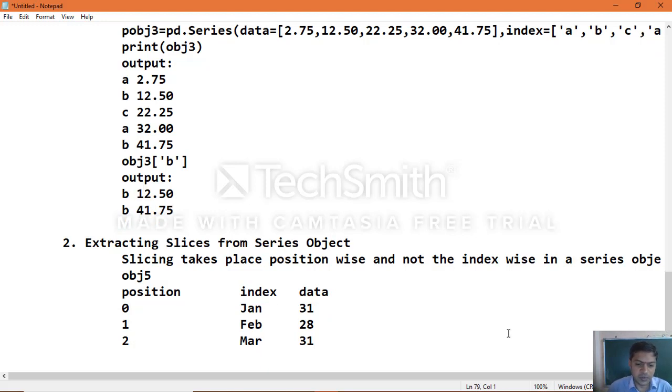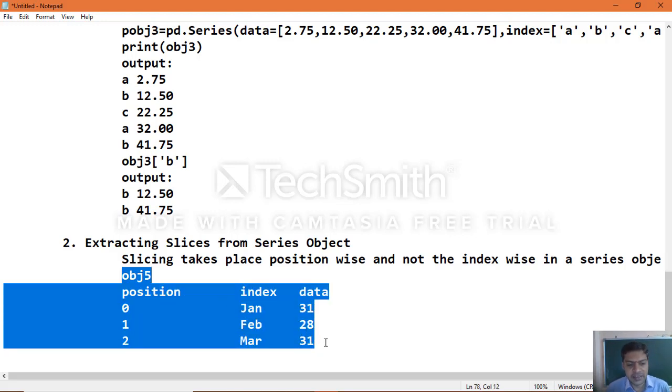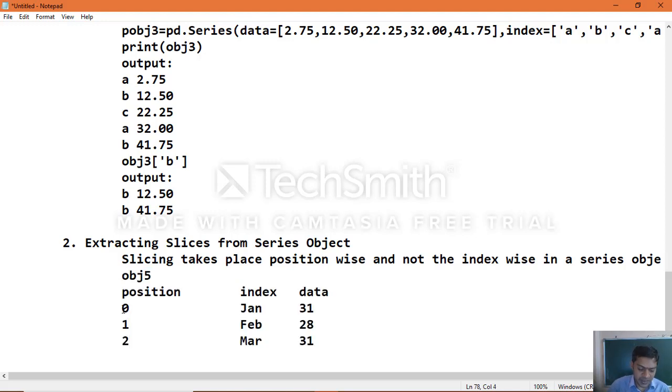See object 5: the data and index, and here one more thing is added, position. Based on the position, the subsets of the given sequence data will be extracted. Position always starts with 0 and keeps incrementing. Based on this position, we will be able to extract the data of your object.